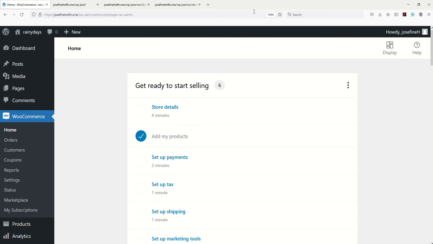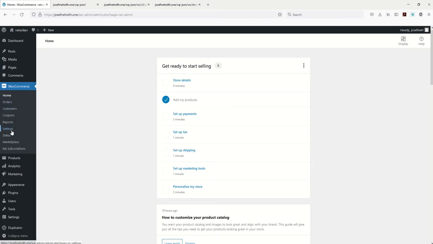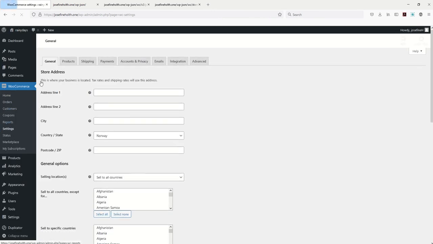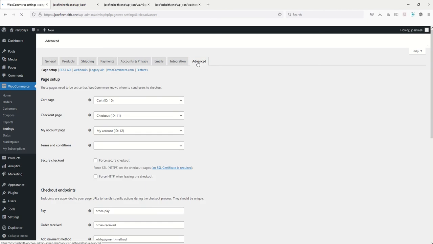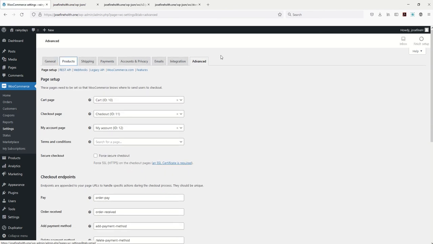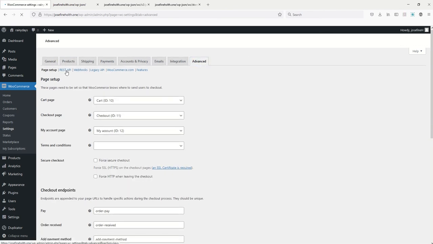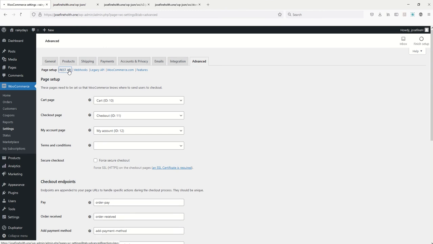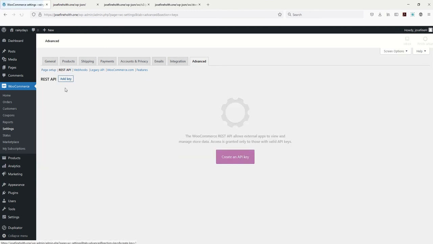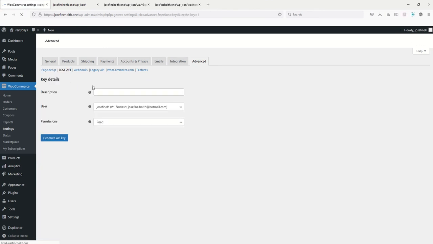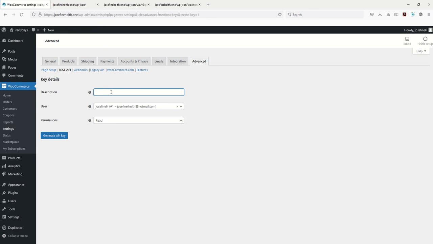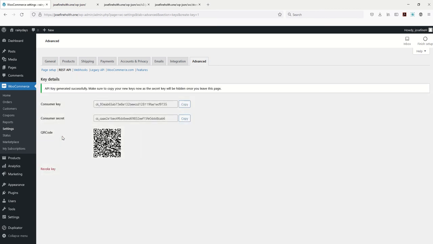So what we can do is we can come to WooCommerce and we can go to Settings, Advanced, REST API, and then we'll add a key. Okay, I'm going to just for now call this a test. I'm just going to give it read permission. I could give it read write, but I just need to read at the moment, so that's fine. So we'll generate an API key,